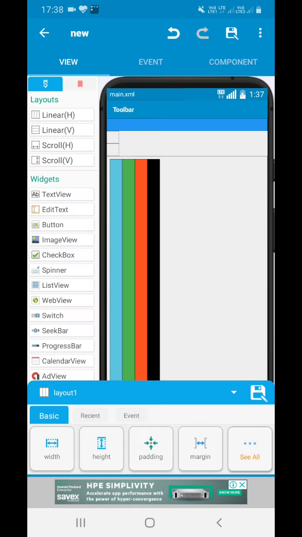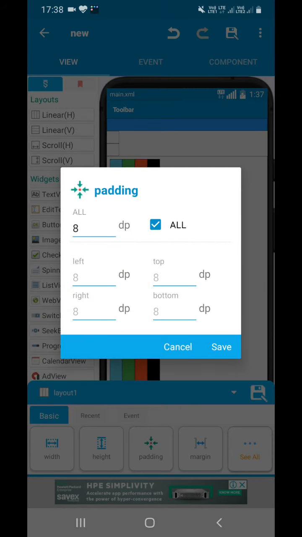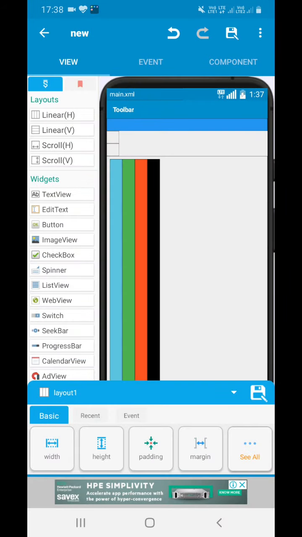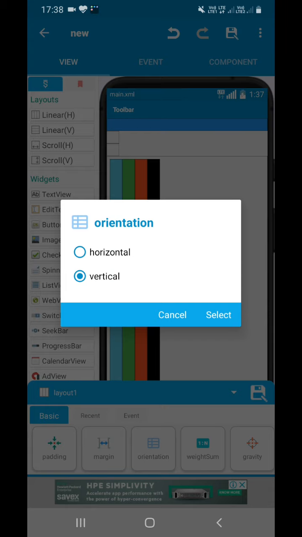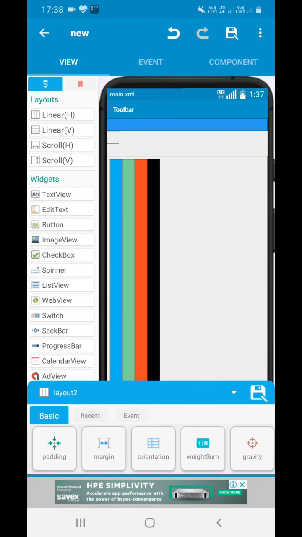Now it's wrap content, just for making you all understand. Padding is 8. It's up to you, whatever you feel like keep here. You only have to add the contents of the page. All the linear layouts' orientations are vertical. Remember, this must be vertical only. They should not be horizontal.